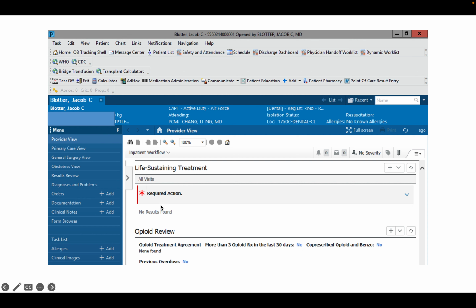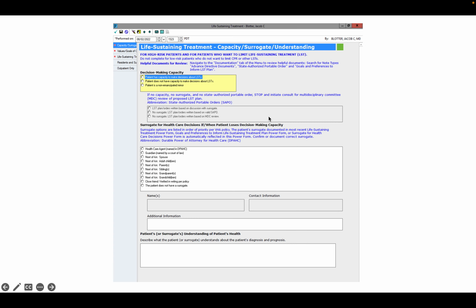So next, every patient who gets admitted needs to have a code status, or the nurses will call you incessantly. So you'll scroll down. If you have this tab open, you can find life-sustaining treatment. You'll go to plus. I think you'll just choose the life-sustaining treatment option, and it'll take you to this. You basically just have to click through all the yellow boxes. So on this one, just if they're full code, you click the top one. Well, actually this one is whether they have decision-making capacity, so hopefully the patient does, and you move on to